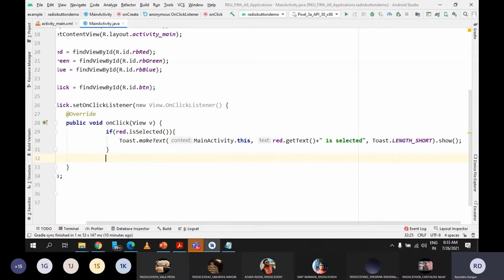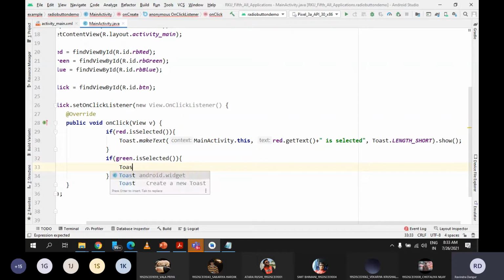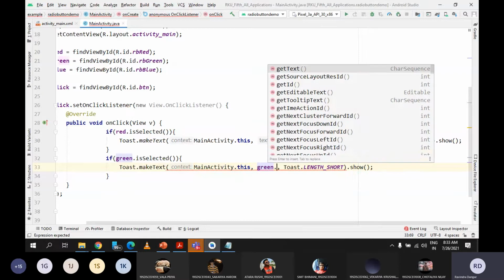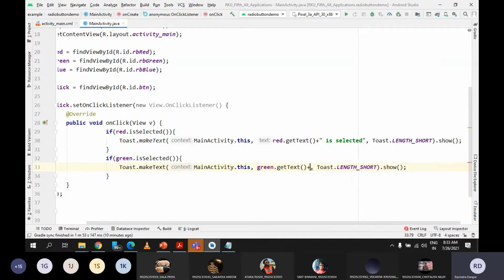Yes, sir. Or else you can go with one more. Let's say green is selected. If green is selected, then also I want to display a toast message where I can give this one green dot get text. Then I can add the user defined string is selected, something like this. Or if the last one, which is blue is selected,